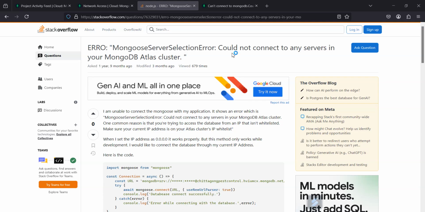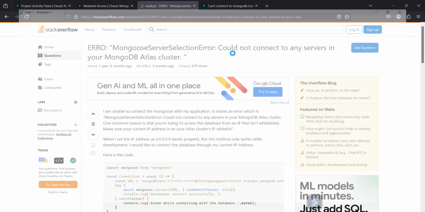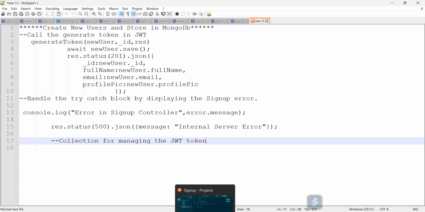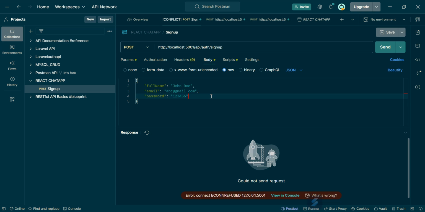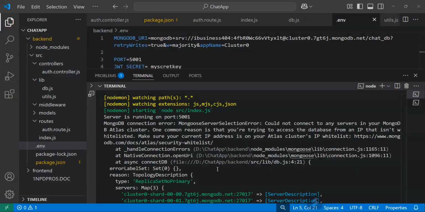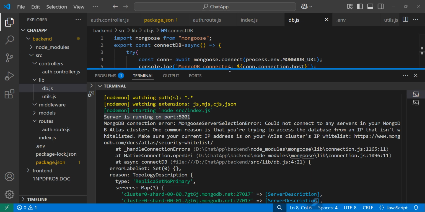In our last video, as you have seen, we were unable to connect to our server for sign up when we tested the API in Postman. We are trying to post this data to our controller, but the connection is refused. And when we started, our server is running on port 5001, which was defined in our db.js,